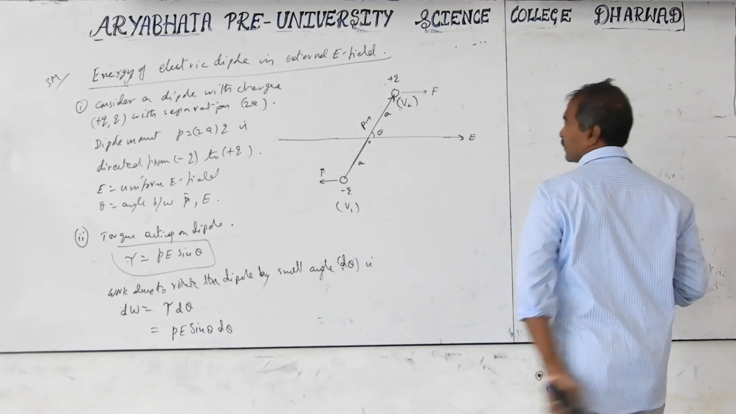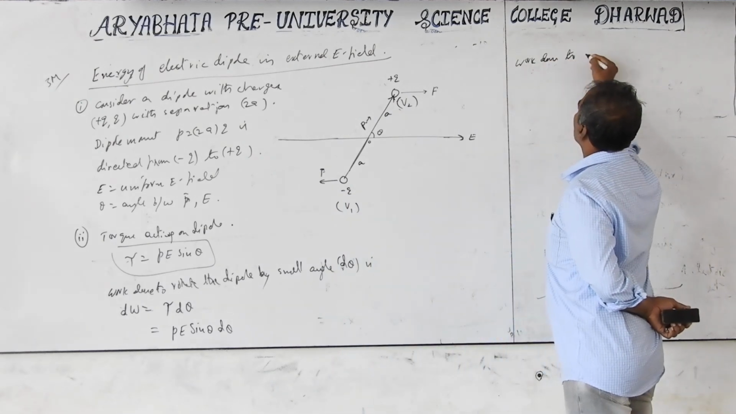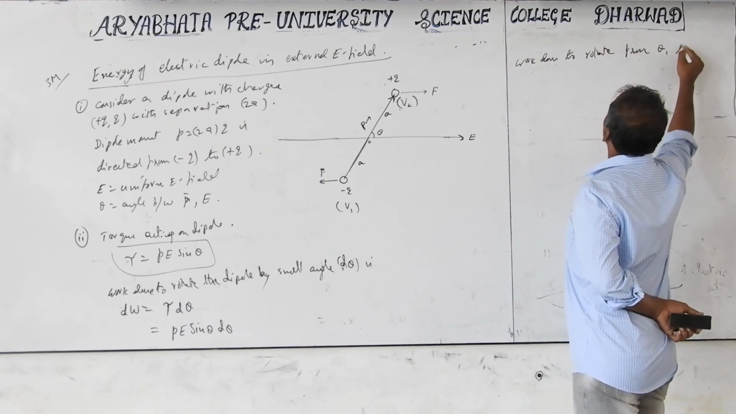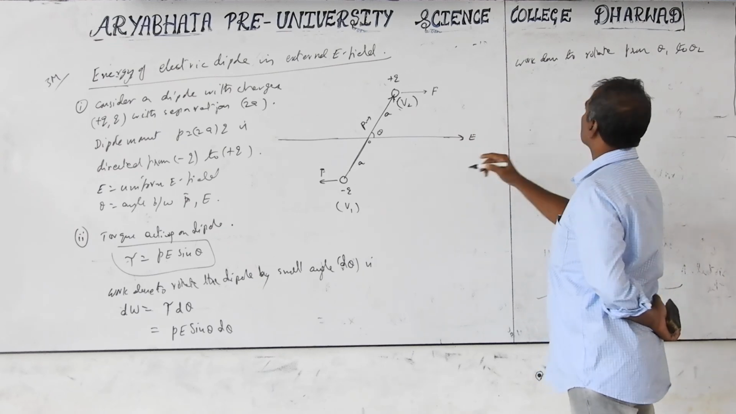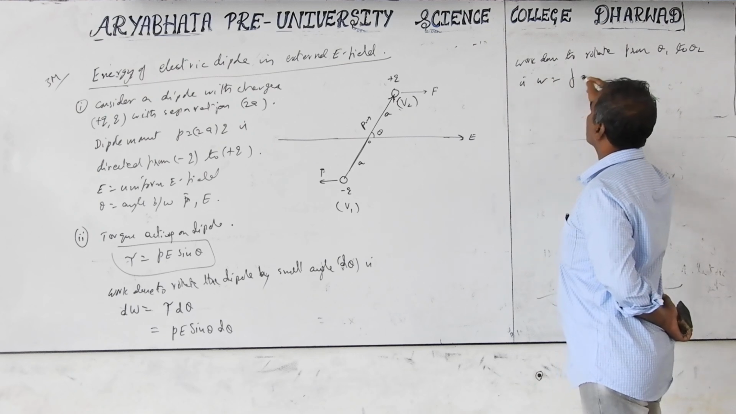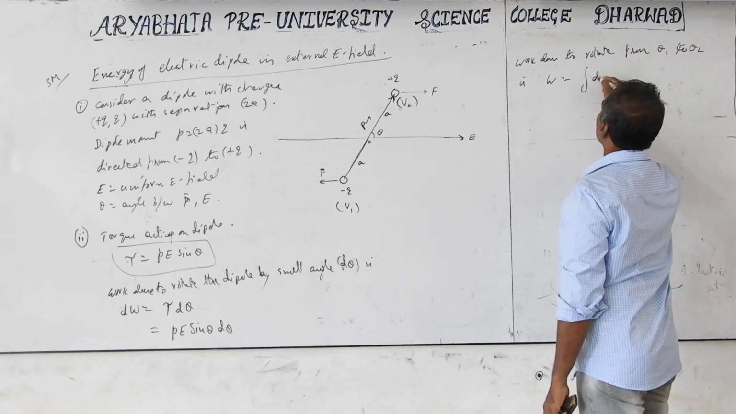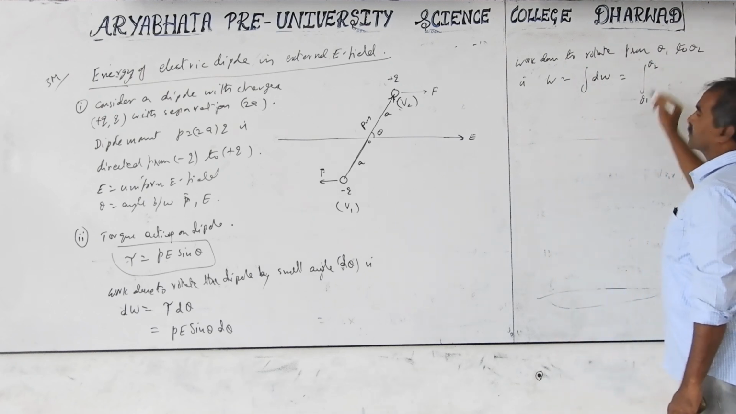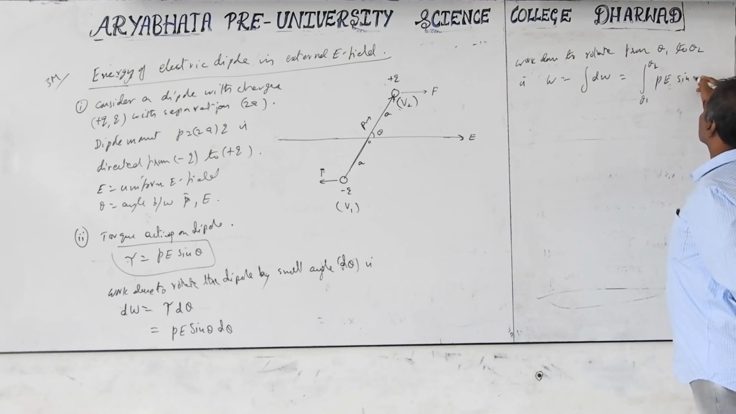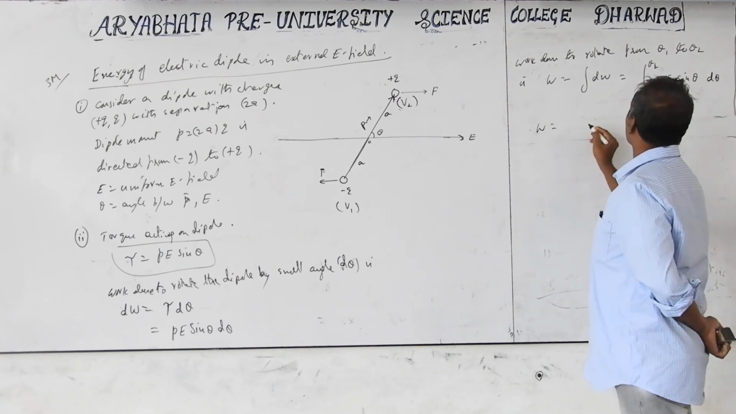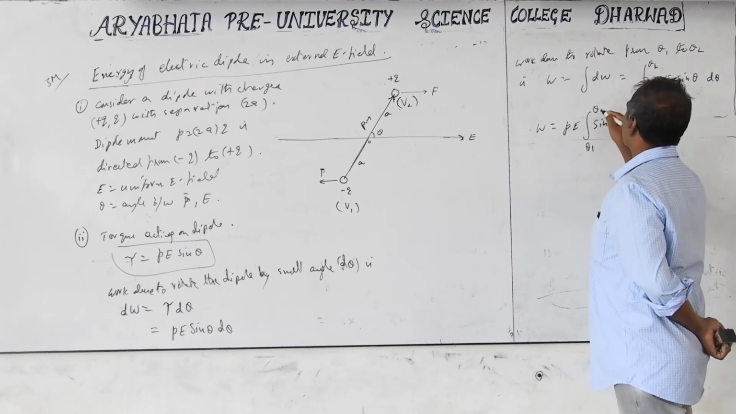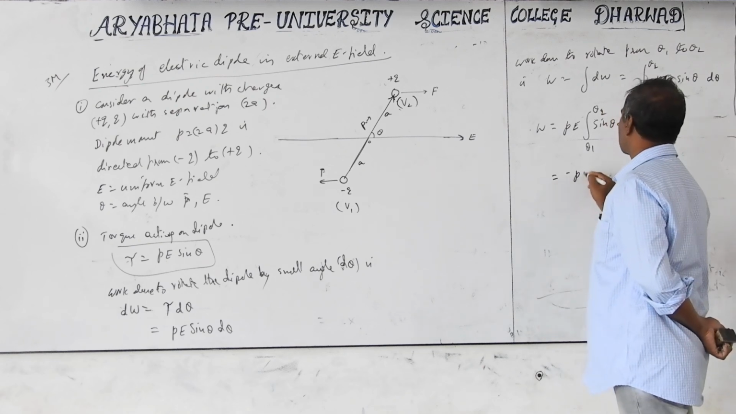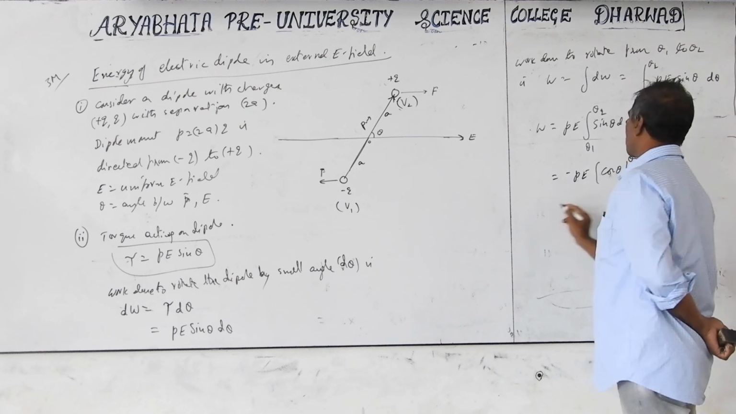But we want the work done to rotate from theta 1 to theta 2, in the opposite direction, meaning increasing theta toward the anti-clockwise direction. So W is the integration from theta 1 to theta 2 of PE sin theta d theta. P and E are constants, so they are taken out. You get PE times the integral of sin theta d theta from theta 1 to theta 2. The integration of sin theta is minus cos theta. So it is minus PE cos theta, with values taken from theta 1 to theta 2. Substituting the values, minus